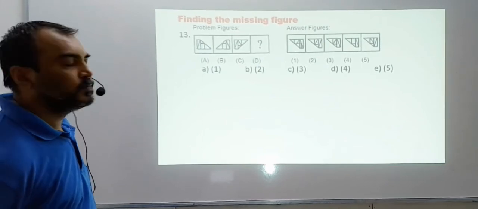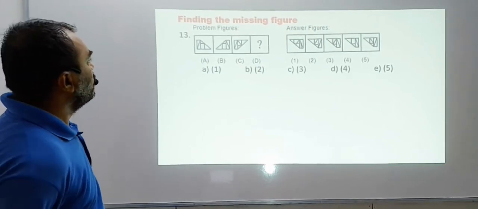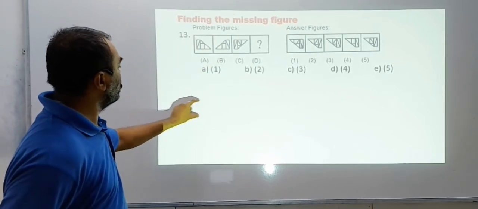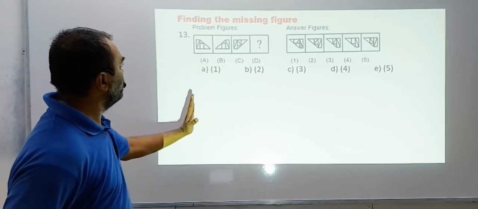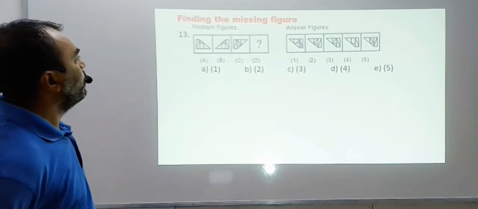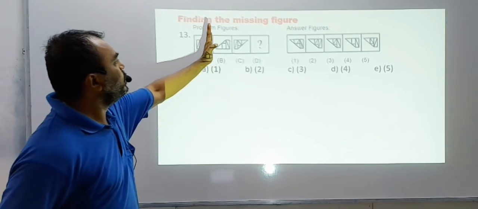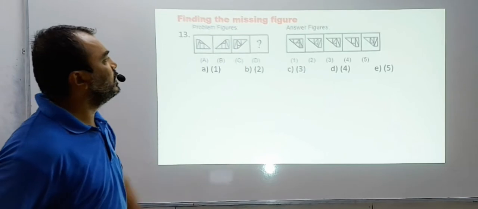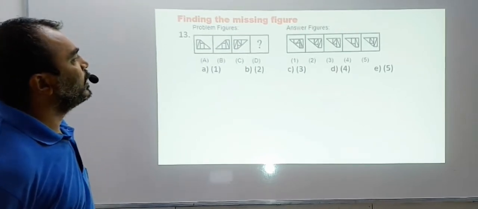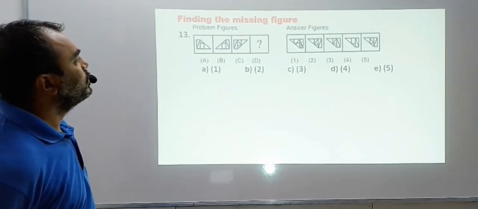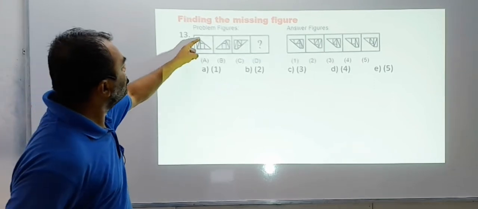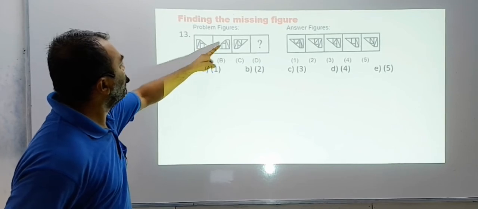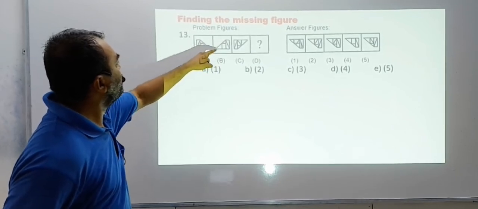Exactly. I hope you do. If you will draw this figure on a piece of paper and this figure on the same piece of paper side by side and put a mirror in the middle, I think you will get this as a mirror image. So if you put a mirror here, then A becomes B. So put a mirror here and see how does C become D. So what will you get? Count the number of lines also. There is a stamping line, there are rectangles 1, 2 rectangles, a triangle, there's a bigger triangle and line.